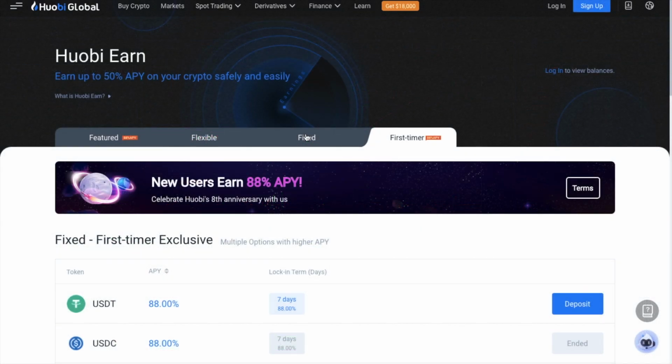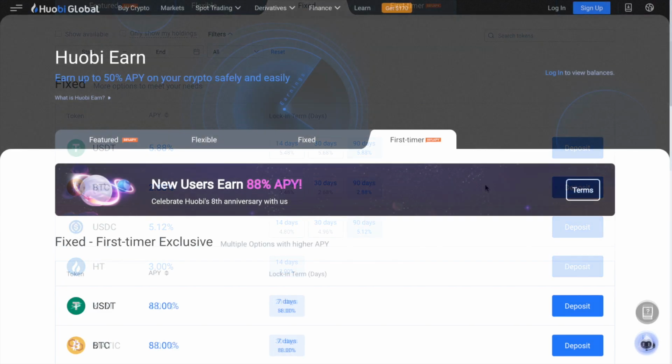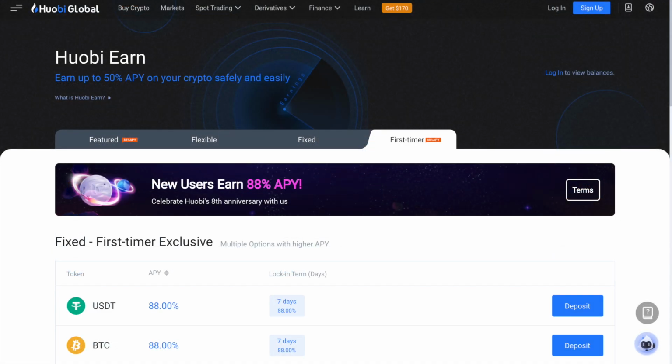Alternatively, you can also earn interest on it, with current rates at Bitcoin sitting at around 2.88% with their Huobi Earn program. And it's worth mentioning too that Huobi are running promotions as part of their 8th anniversary, where new users can earn 88% with their Huobi Earn first-time offers. Plus you can also get an additional 100% APY on USDT flexible deposits and 88 USDT for completing some predefined